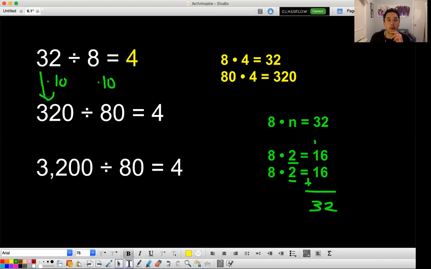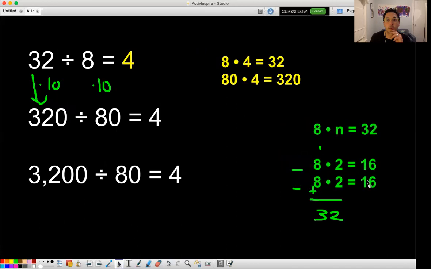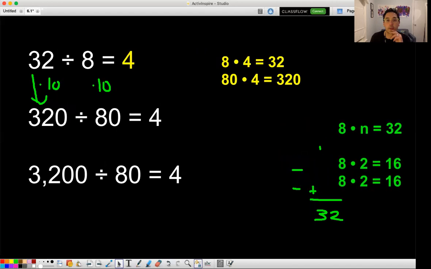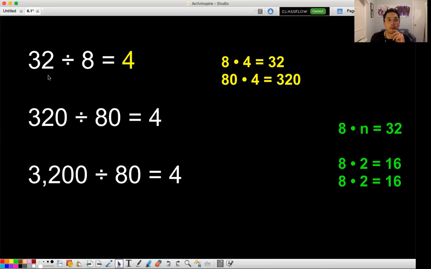So now, how can I use this basic fact once again and now figure out this other problem? 3,200 divided by 80 equals 4. Okay, well, we knew that this one was times 10 and this one was times 10. So then this has to stay the same. This one is times 10 here,